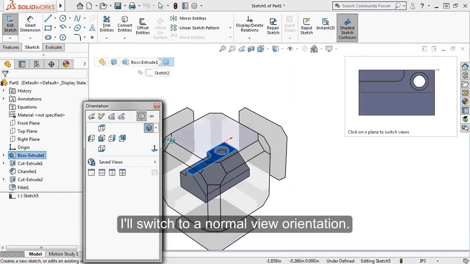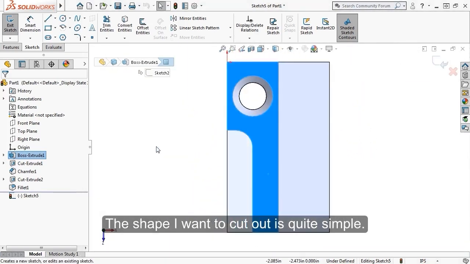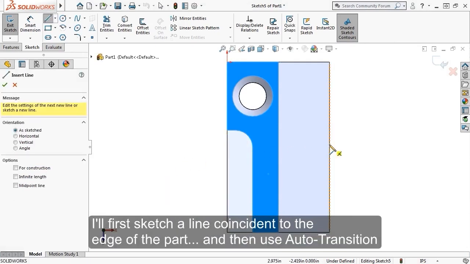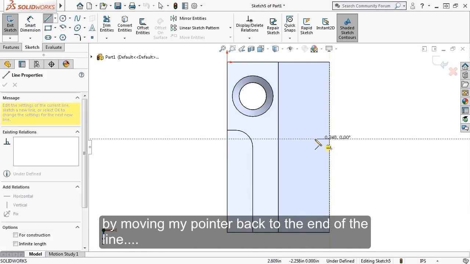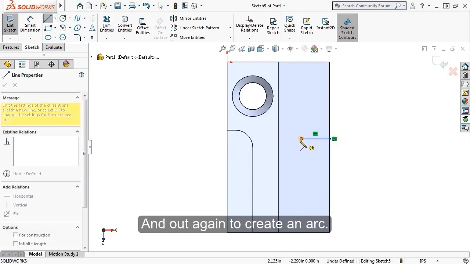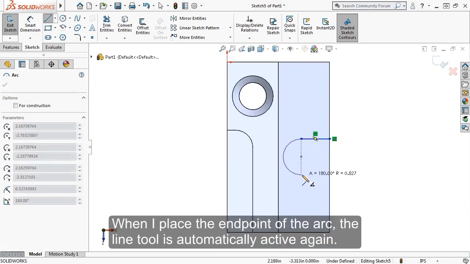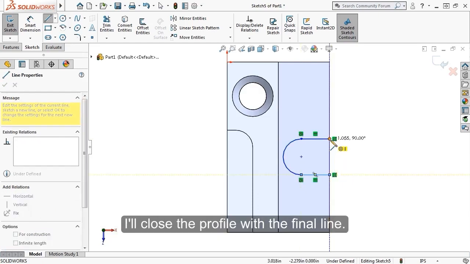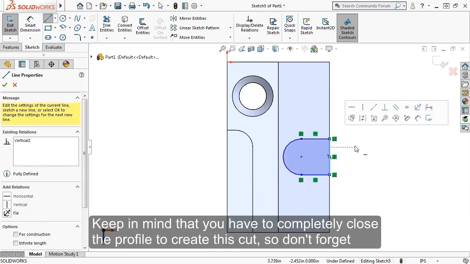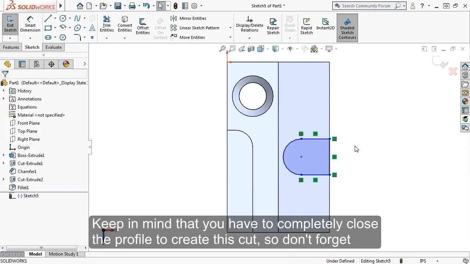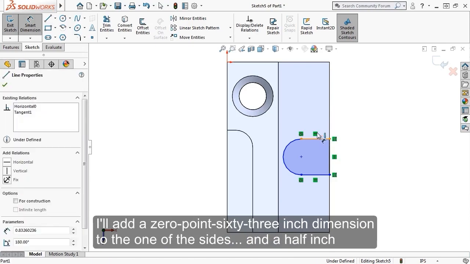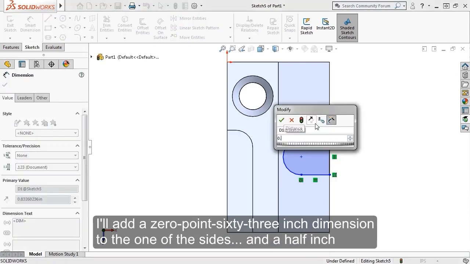I'll switch to a normal view orientation. The shape I want to cut out is quite simple. I'll first sketch a line coincident to the edge of the part, and then use auto transition by moving my pointer back to the end of the line, and out again to create an arc. When I place the end point of the arc, the line tool is automatically active again. I'll close the profile with the final line. Keep in mind that you have to completely close the profile to create this cut, so don't forget the final line segment. I'll add a 0.63 inch dimension to one of the sides,